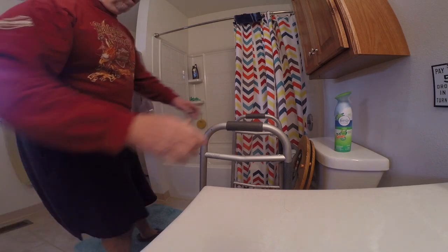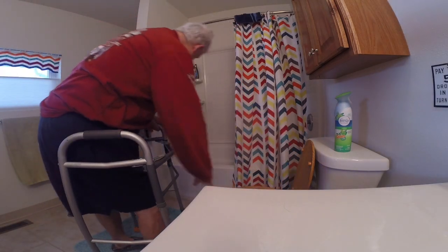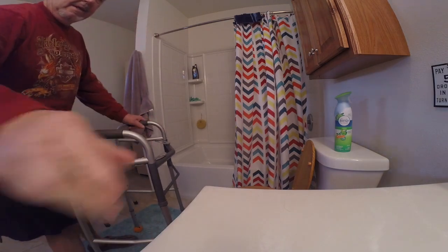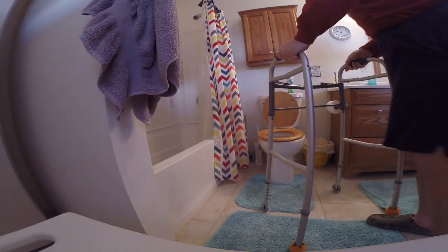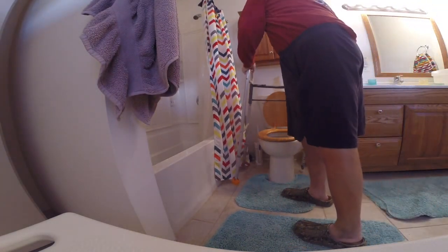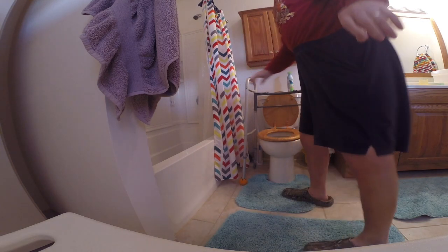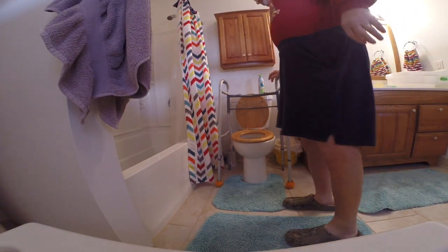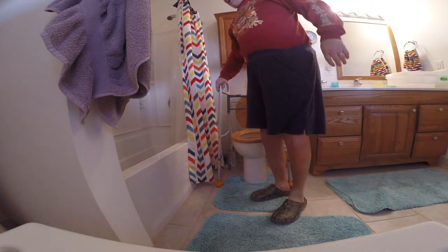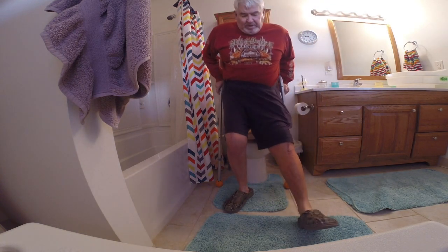For going the other way around, what I've been doing, okay, let's put the seat down. Let's put the camera over on the shower chair. Okay, easiest that I have found for me. Of course, the first day or two, this is a lot more difficult. You may or may not need the toilet riser like I showed you. But once you're beyond that, I found that I do best backing the walker up to,